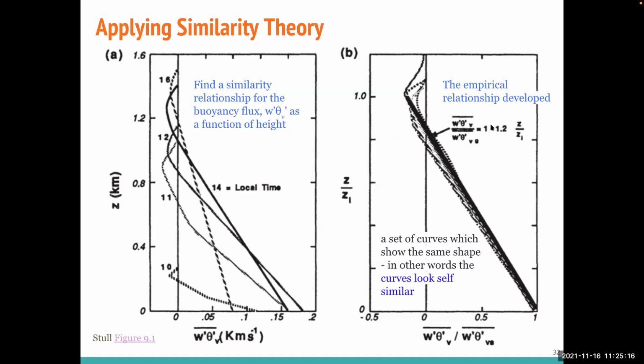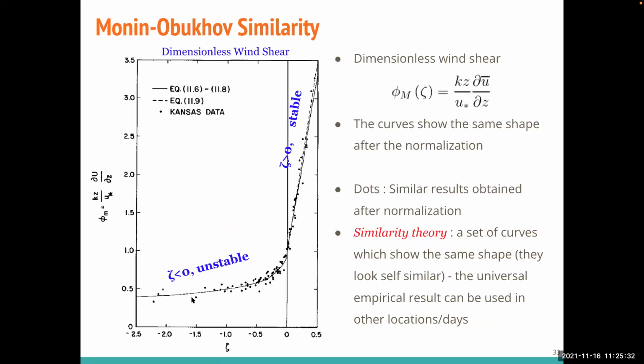So this is called dimensional analysis in the book. Okay, if you're interested, you can tap into this. So, just the half of this course, we have just covered a lot of the things. This is chapter 9, right? Okay, so these are the measurements. You can see that they align really well with the empirical relationship. So the dots, why do we call this similarity theory? Because they are similar to each other, as simple as that. So it's not really a theory, it's a parametrization that we do